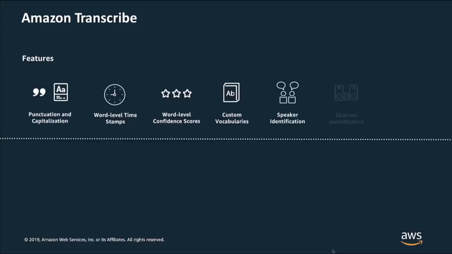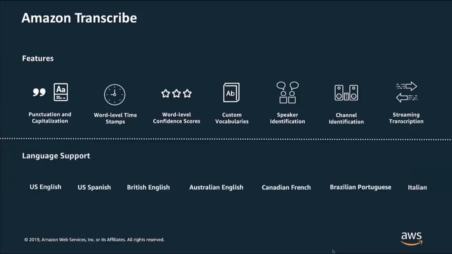Amazon Transcribe can also identify speakers automatically, or you can use channel-based speaker identification. This works really well with Amazon Connect recording files, since we separate the agent and customer audio to their own channels. Finally, Amazon Transcribe has a real-time streaming capability so that you can transcribe customer audio in real time. This can be very useful in the contact center for assisting your agents by entering the customer transcript automatically into your CRM, for example. Amazon Transcribe currently supports many languages, and we continue to add more.